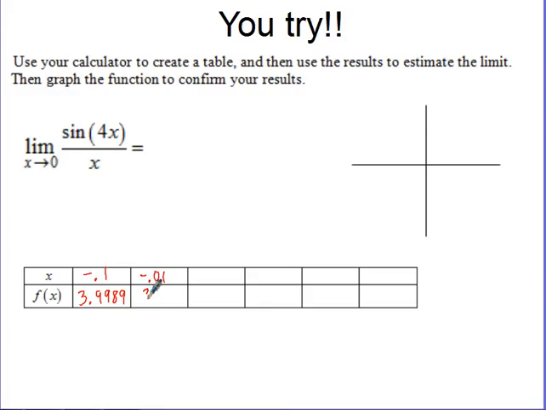Oh, okay, so what was this one? It's fine, you're fine. 3.8942, okay? So then I'm assuming the next one you chose was negative 0.001. And if your calculator was like mine and just got frustrated, it just tells you 4, right? It's like I'm not going to keep putting more 9s. It's basically 4. Okay, so then at the other side,